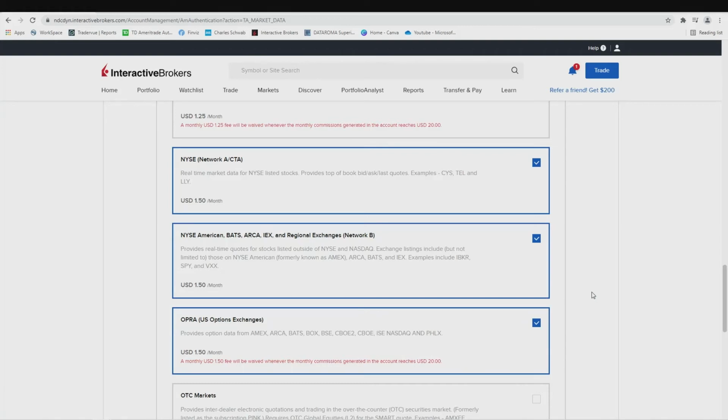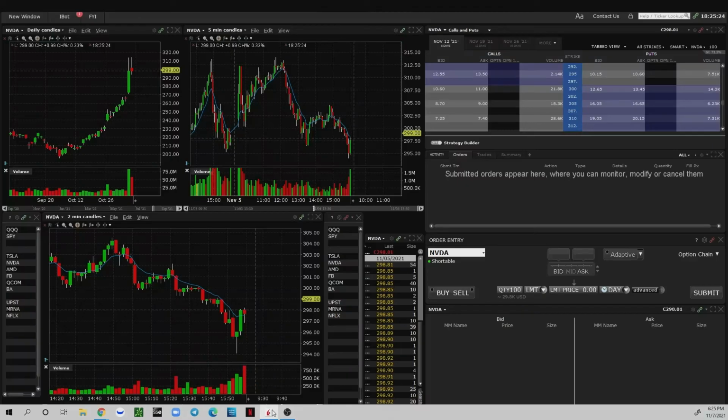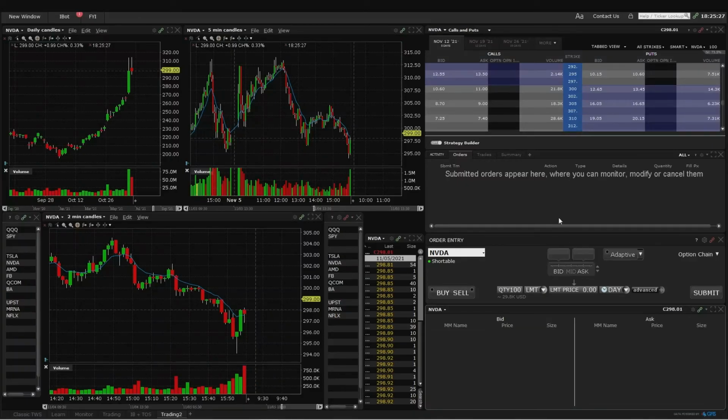So if you ask me if that $6 is worth paying for the data fee, it is worth it for me. At least, I used to use Thinkorswim. I also tried Charles Schwab, Webull, and all. But Interactive Brokers is the best for executions. I still love the charts on Thinkorswim, but for executions, I have traded only options till now. I believe stocks would be the same. Even the level 2 data, everything is very crisp, and they are very accurate. You don't see any lag in any of them. The executions are very good compared to the other brokers I have used.